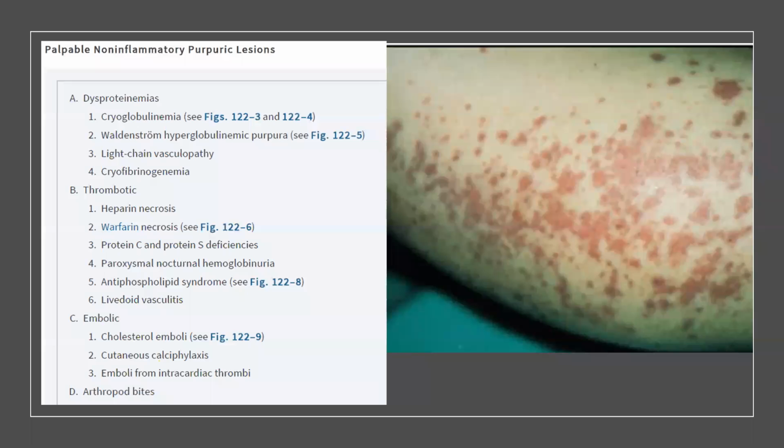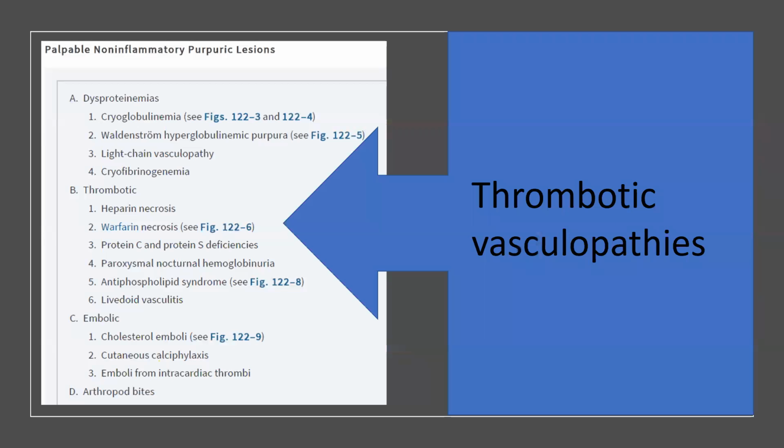You can continue. Okay, so palpable non-inflammatory purpuric lesions. These include dysproteinemias, thrombotic purpura, embolic purpura, and they include arthropod bites here. So the thrombotic vascular